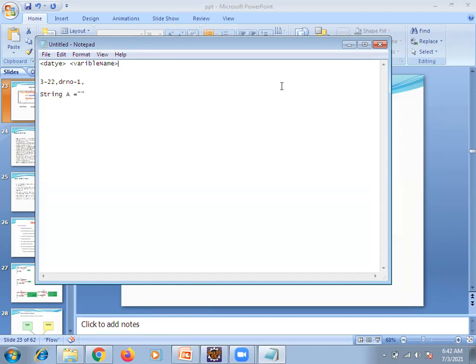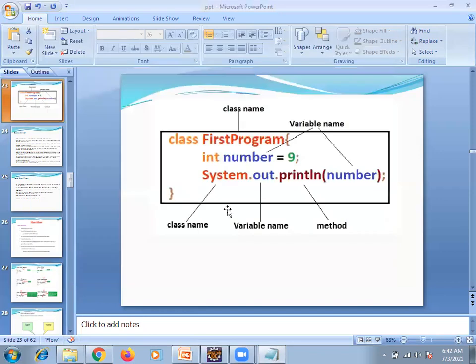So now variable name and data type. You are clear on the syntax right now. We give the data type and variable name, and we assign that variable to this number. So this number will hold this 9 and we will use it in the program. Now how is it printing? It is stored in some JVM memory location and it will print it.